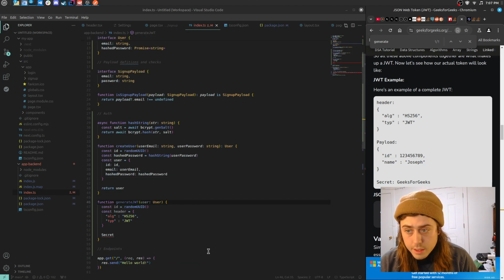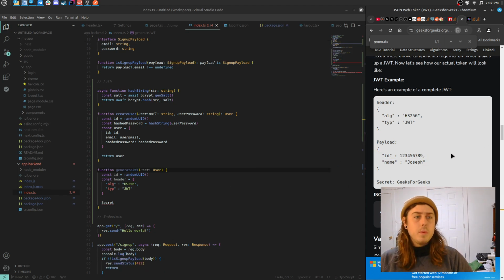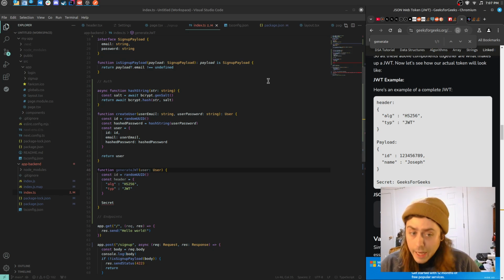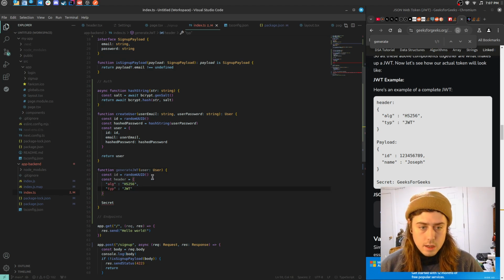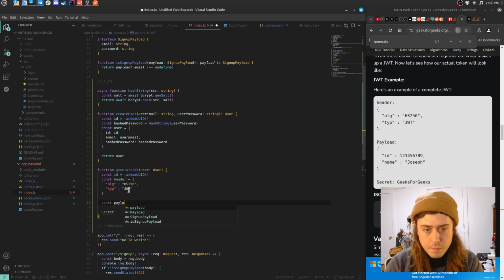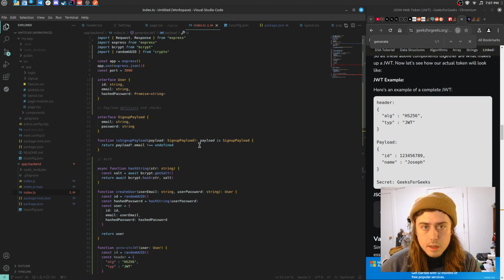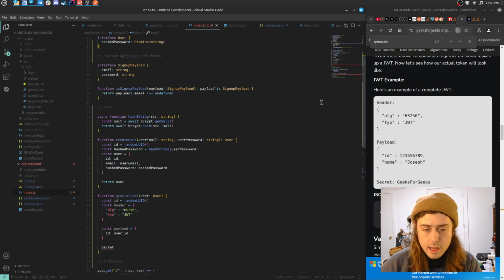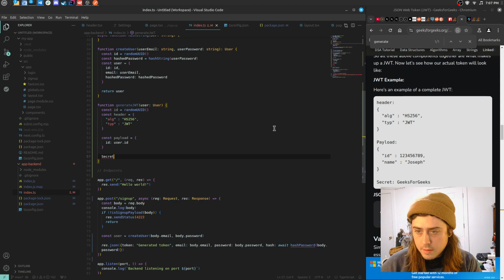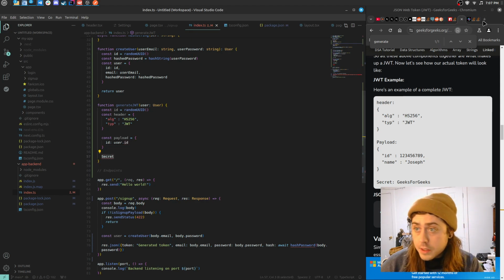So I think instead of including the email in there, we don't want to include the email. We want to include the user ID, which is meaningless to anybody else. So that means const payload equals ID user.id. And that's all I really care about. I mean, we can add a name at some point. Who cares? Okay. So